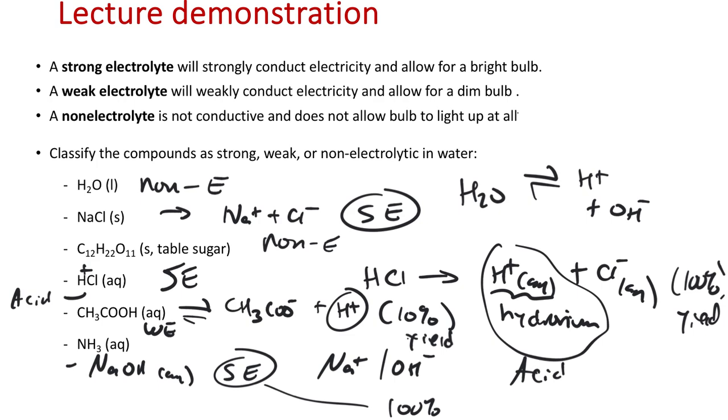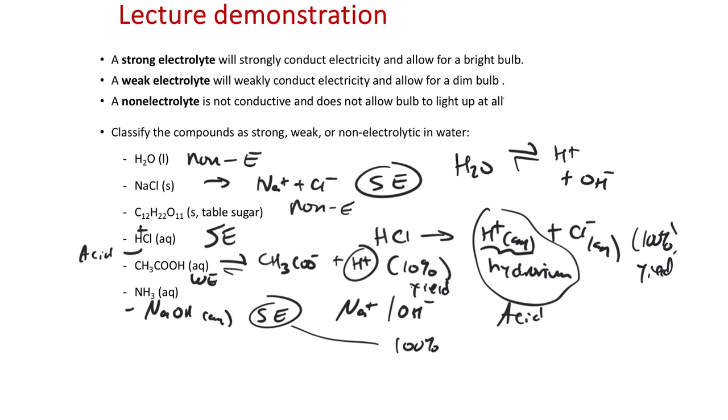Now there's one last one that's not on the sheet that I have a solution for. That's ammonia. And I mentioned we talked about ammonia. So ammonia, let's take a look at it in water and see what happens. Now ammonia is also a substance that can exist as a gas, and you can bubble it into water, kind of like HCl. And then once it's in water, some of it will stick, and then some of it will react with water. And we'll see a consequence of that when we take